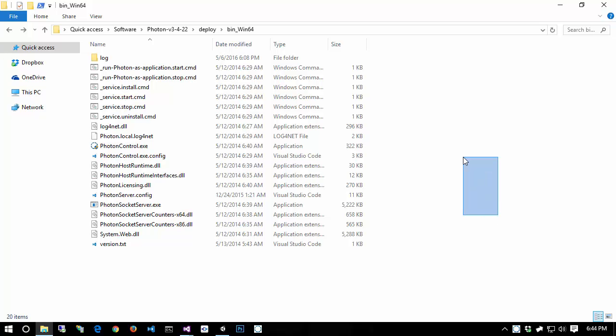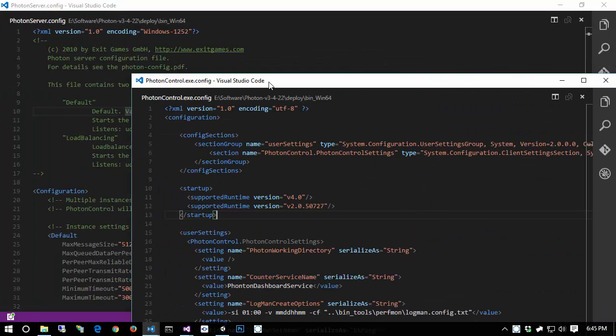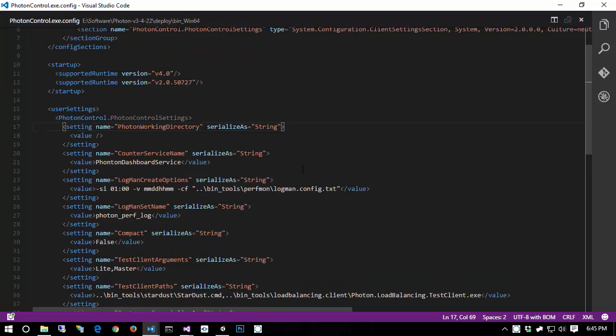What I have right here is our deploy folder, and our deploy folder is where our executables are for Photon. It also has two configuration files that we're going to take a look at, photonserver.config and photoncontrol.exe.config. I have those both open here, one there, and one here. So on the photoncontrol.config,